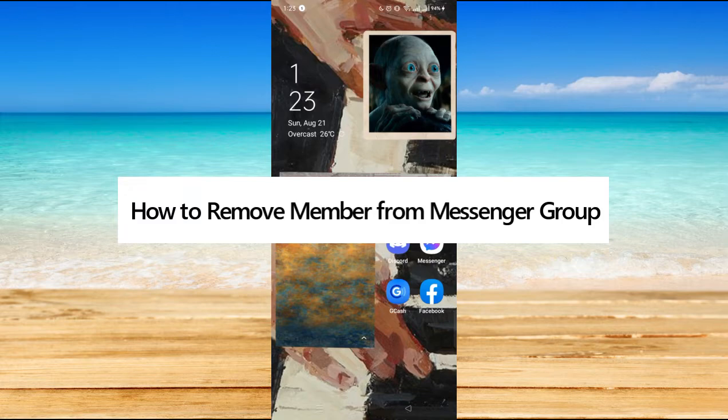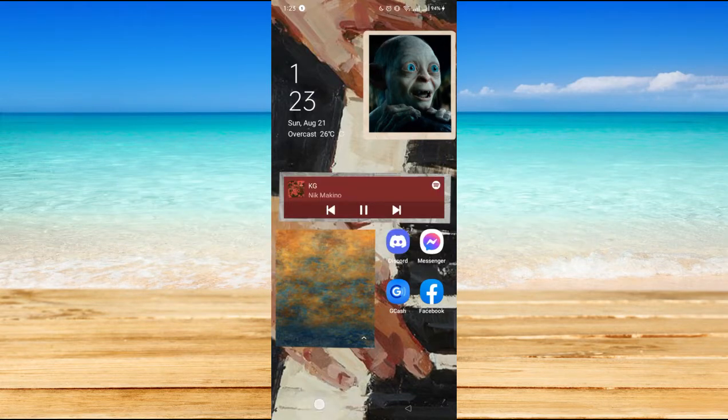Hi, for today we are back again to our quick and easy video tutorial on how to remove member from Messenger group. So first is you have to make sure that you have updated your